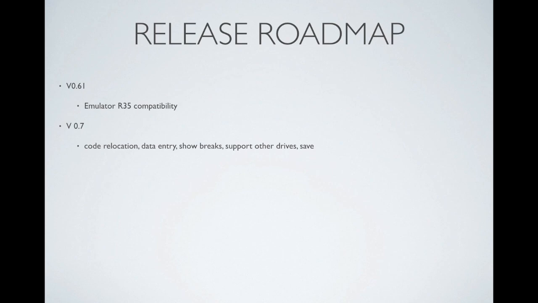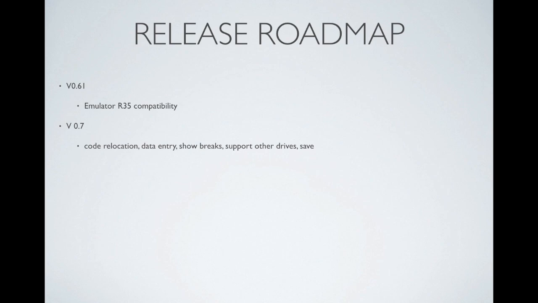So now that version 0.6 is out, where to from here? Almost immediately I've got to produce a version 0.61, since emulator version 35 was just released as I was preparing this release. The next major release must have the code relocation so that you can enter instructions and everything will continue to work as you expect it to. We need to add some feedback information about where the breakpoints are, and of course support other drives as well